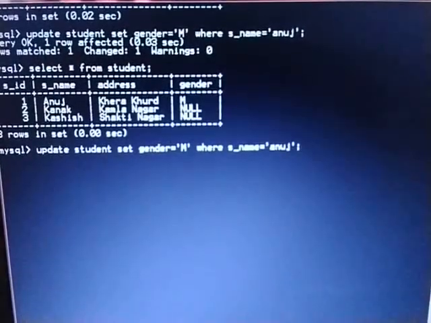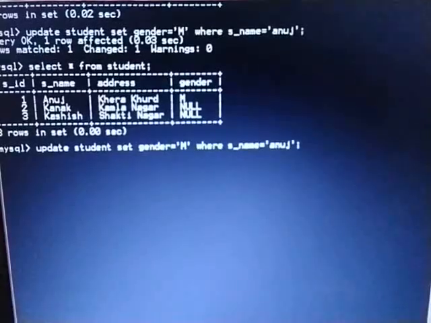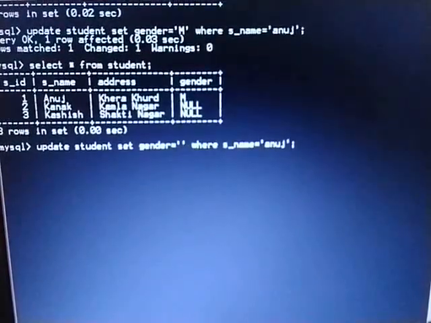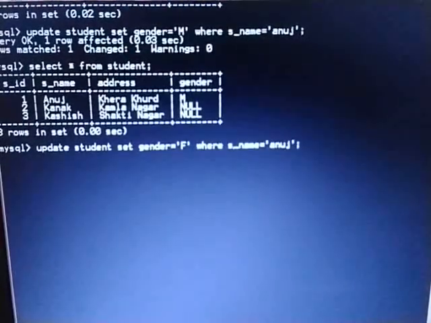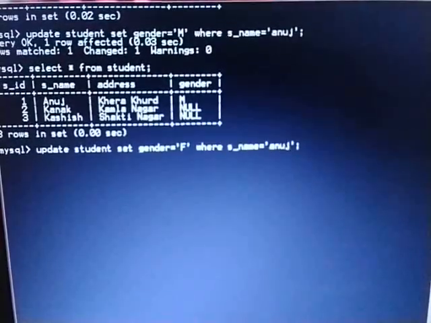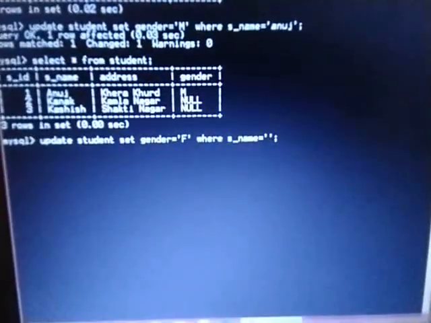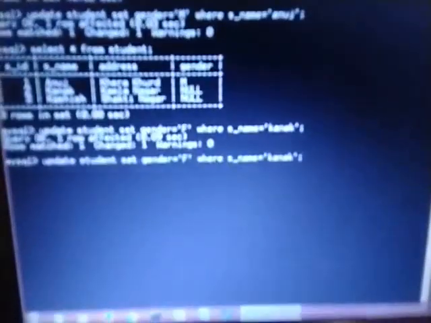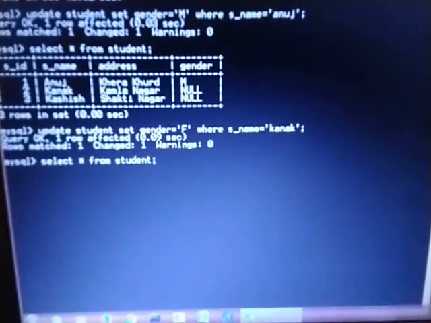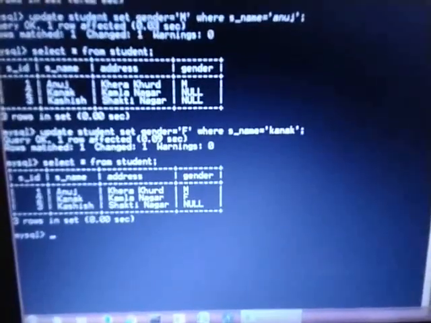So I told you I want to update one more record, that is gender. अब क्या है? Female, because the next record is Kanak and Kanak is a female name, so I will use F, and instead of name you can also use the ID. So I am using the name right now, again Kanak. Fine, one more record is updated successfully. See, fine.